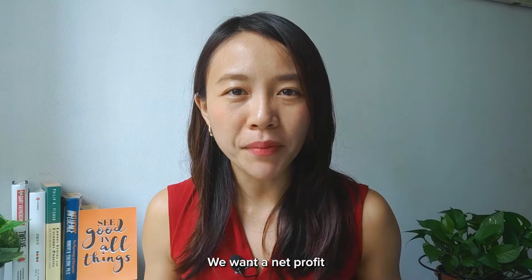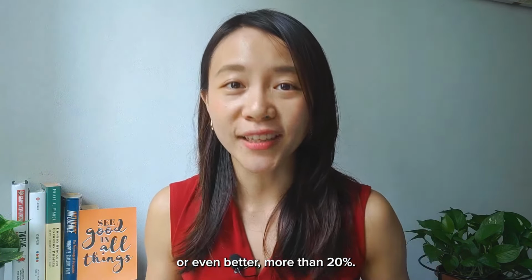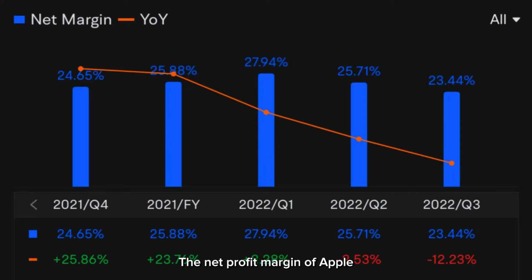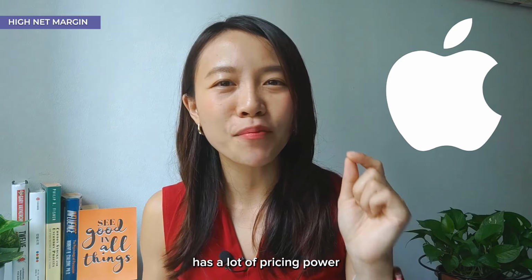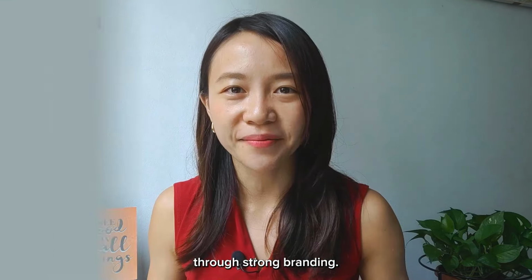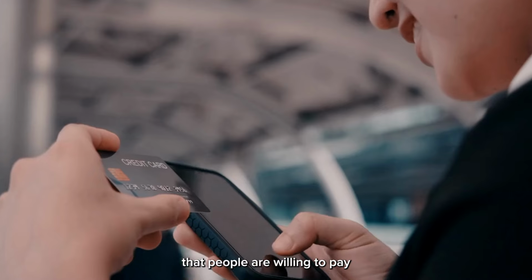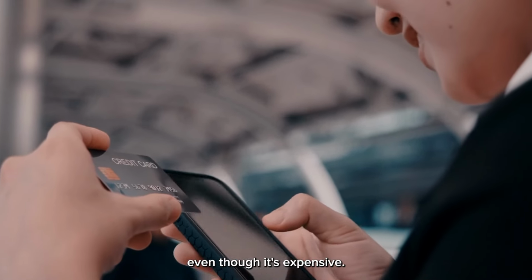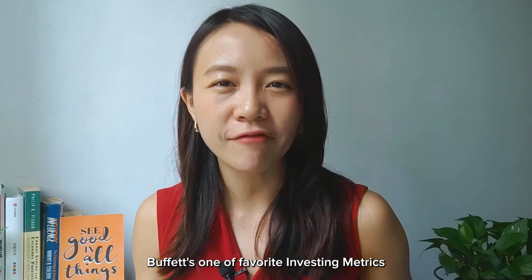We want the net profit margin to be a minimum of 10% or even better, more than 20%. The net profit margin of Apple has been consistently above 20%, showcasing that this company has a lot of pricing power through strong branding. And Warren Buffett always loves to invest in businesses that people are willing to pay for even though it's expensive. And here comes one of Warren Buffett's favorite investing metrics,